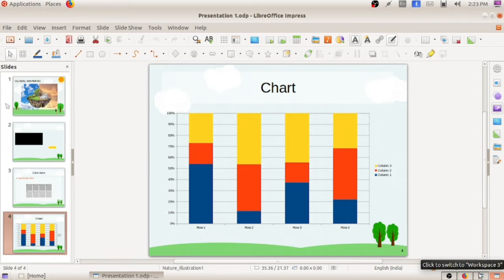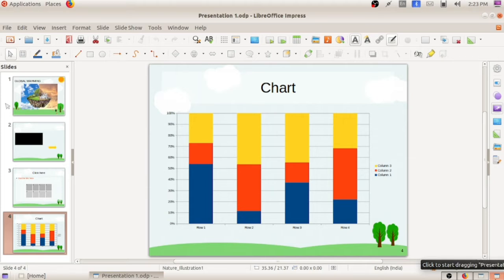Suppose group 1 and group 2 are there. The first group created one presentation, and group 2, some students, created another presentation file. If we want to add a particular slide of that group 2 presentation, we can add it to our presentation also.